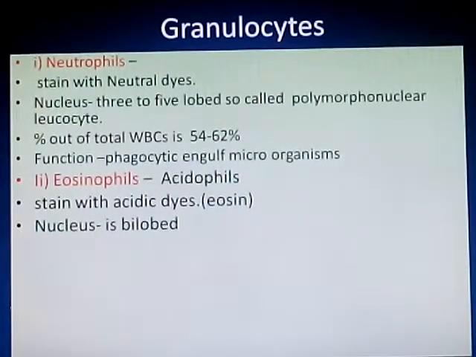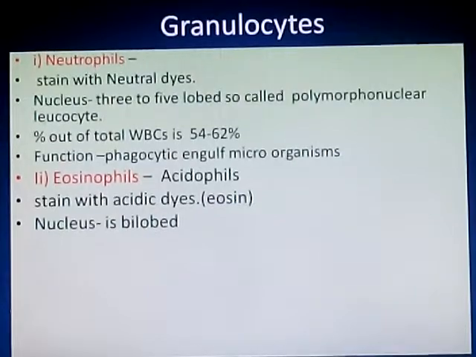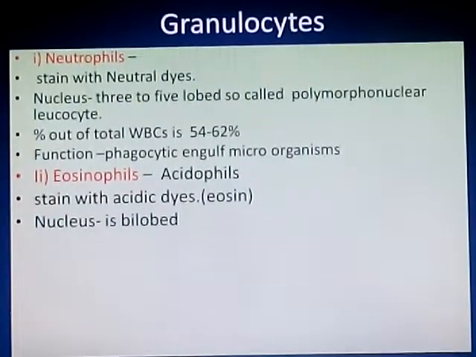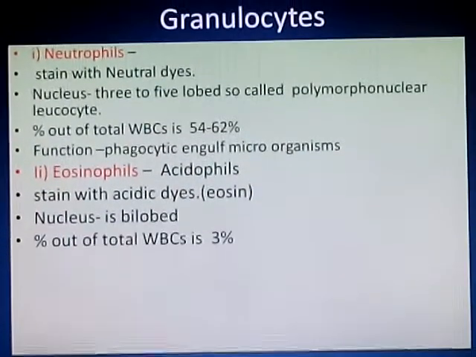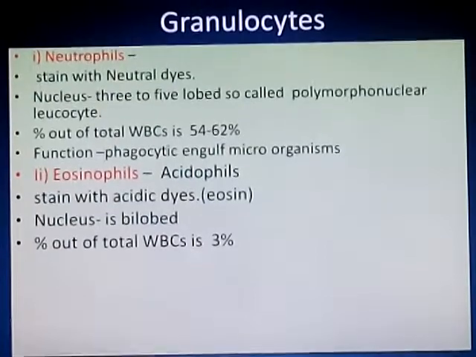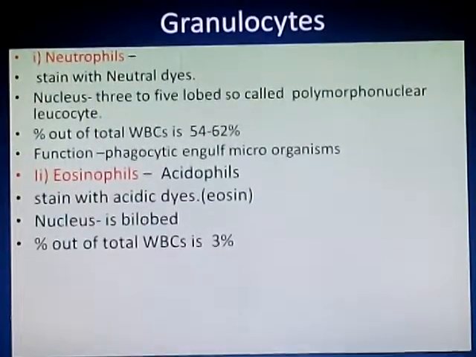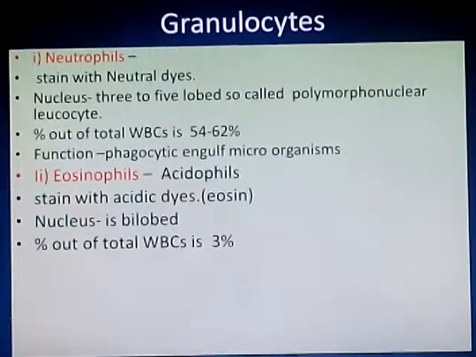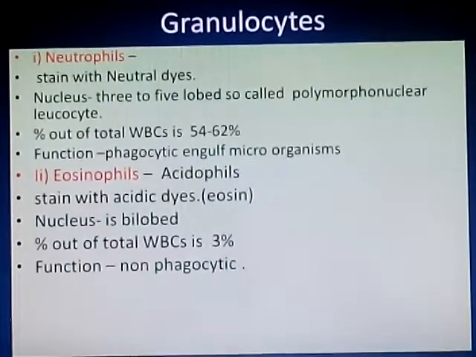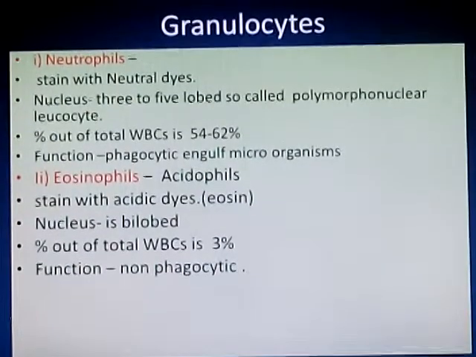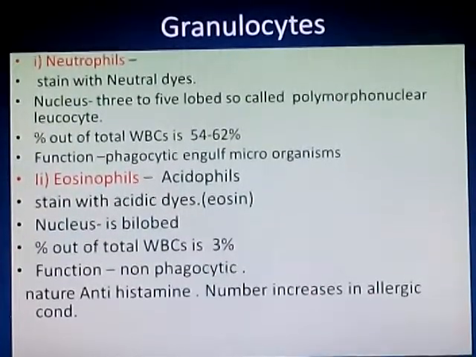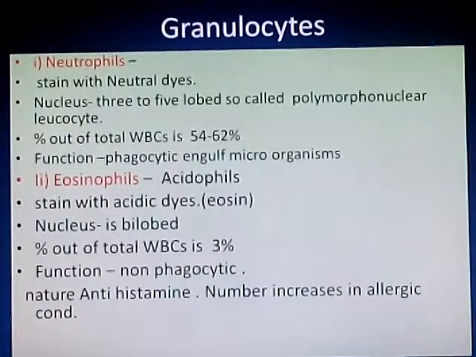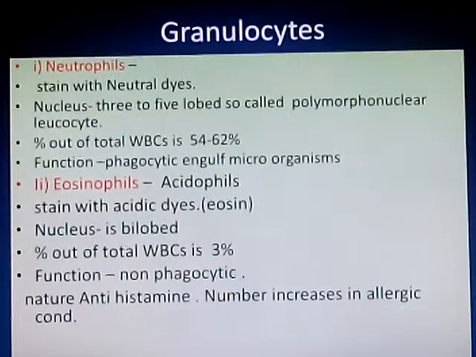Second, the nucleus of the eosinophil is bilobed. That means there are two lobes in the nucleus of eosinophils. Then third, percentage out of total WBC. Out of total WBC, eosinophils make up about 3%. Last, function. These eosinophils are non-phagocytic in nature, but they help to fight against allergic reactions, as the eosinophil